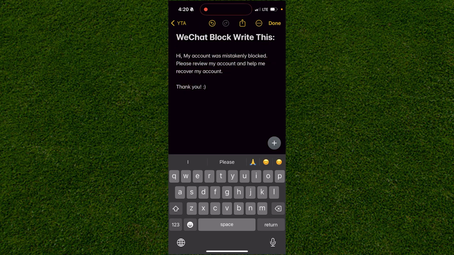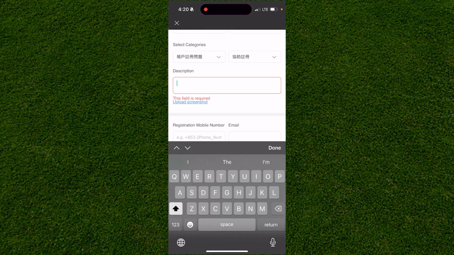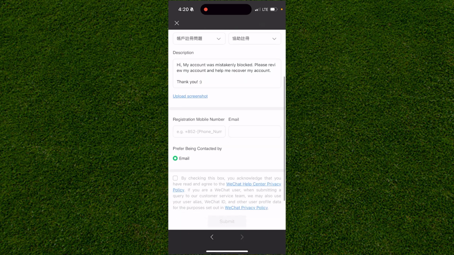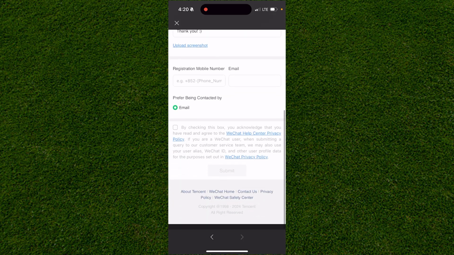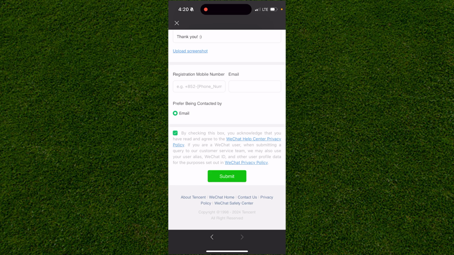You can do the same for my thing, and then you just put that in the description like so, or upload a screenshot of your issue. And then you enter in your mobile number and check this box. You agree to the terms of agreements, and you just want to click on the submit form right here just to confirm your WeChat Help Privacy Center policy is correct. And then within a few days or a few hours, depending on how quick they are,